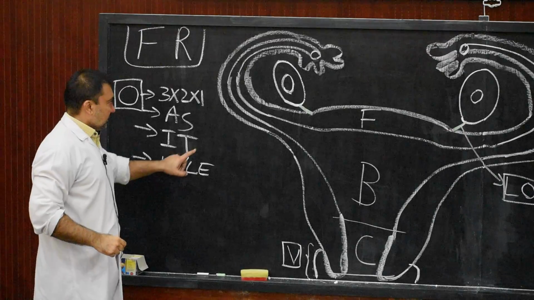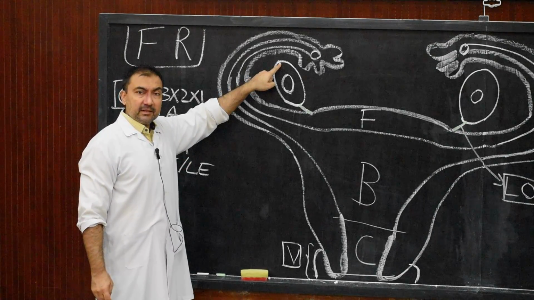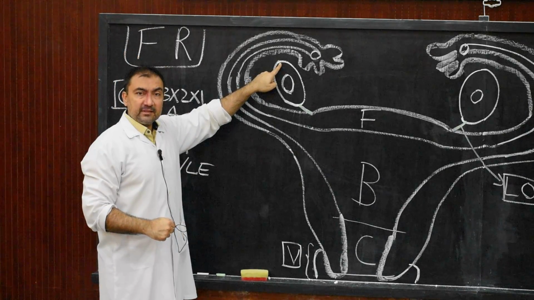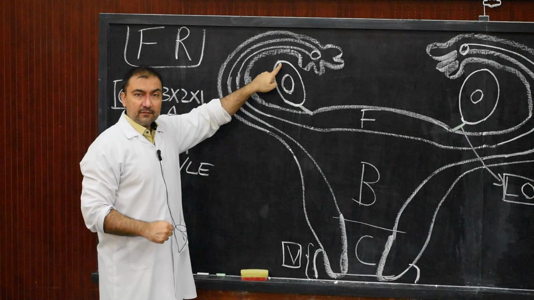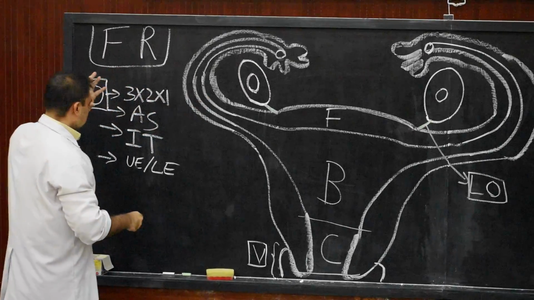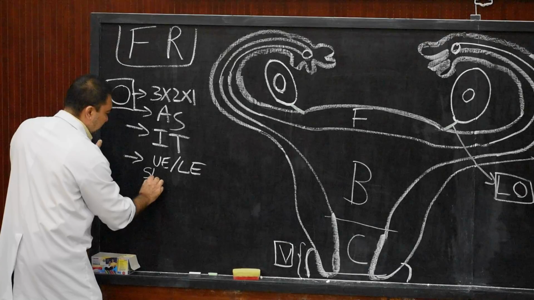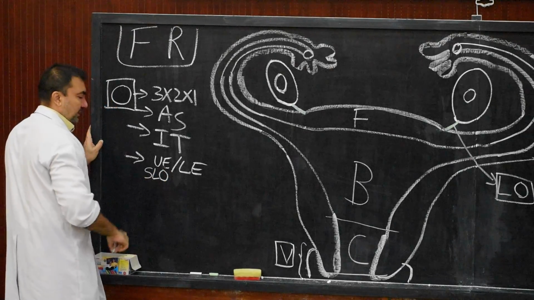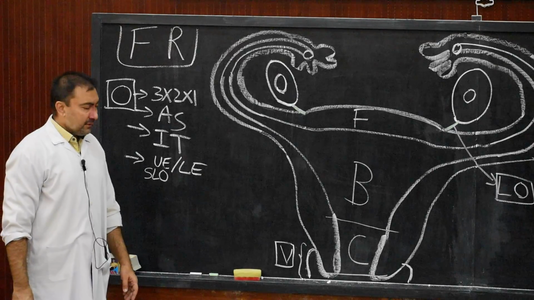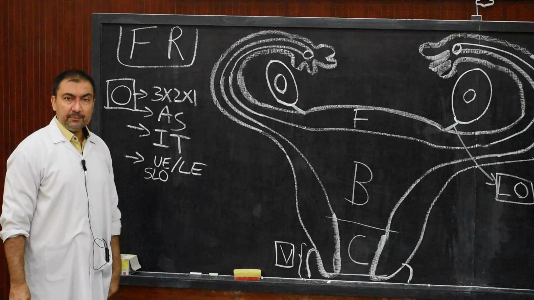Upper end of ovary. This is the upper end of the ovary. And this upper end of ovary will be connected with the connective tissue, suspensory ligament of the ovary, where it will be suspended from the peritoneum. So it is a type of suspension. So upper end of ovary will be connected with suspensory ligament of ovary. This suspensory ligament of ovary will connect the upper end of the ovary with that of the peritoneum.